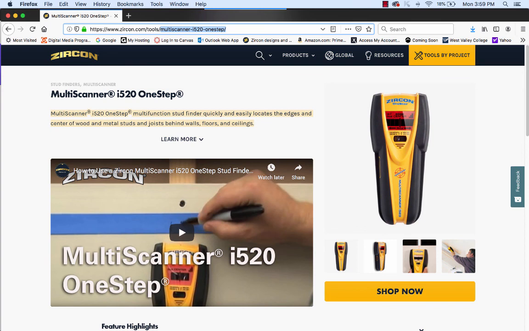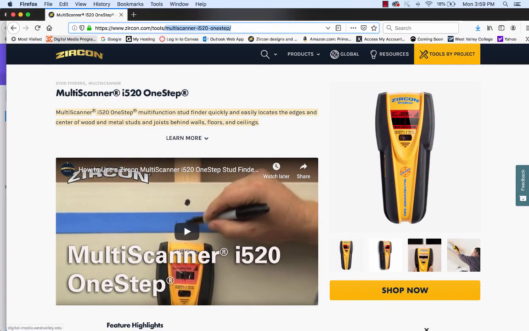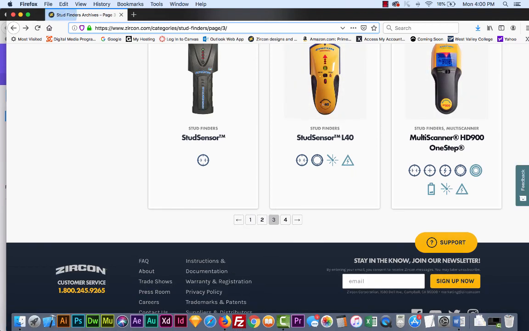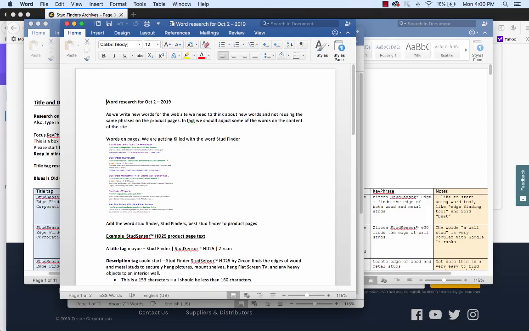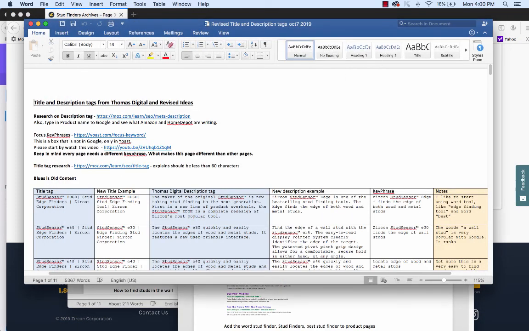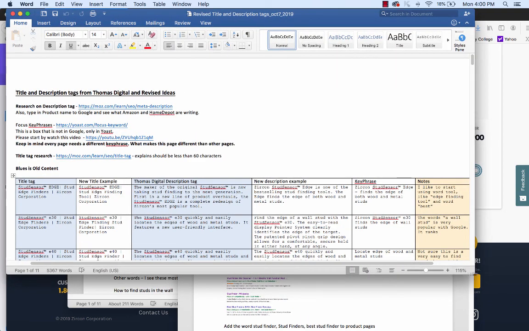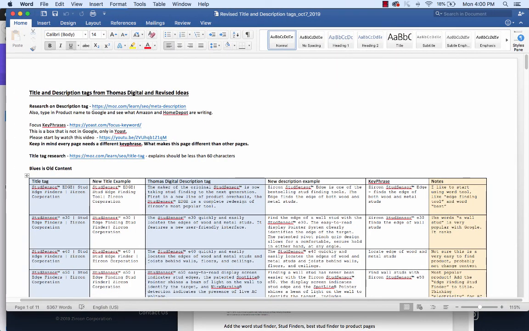And then there's a description tag that is written that you don't see but only Google sees, and that's what shows up when you look for a search. I've been working on that for a while, and here I'll show you my spreadsheet. I've been going through and doing that for each and every product. And so whenever you're writing content for a website,